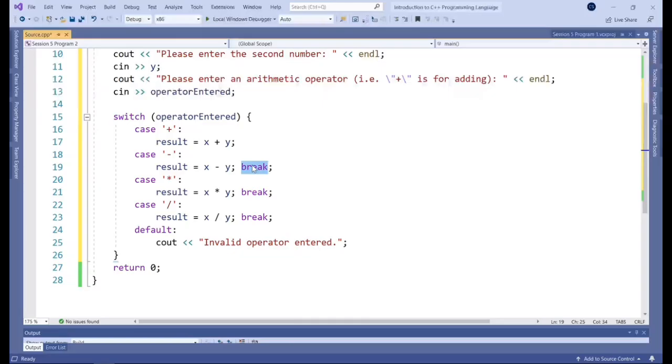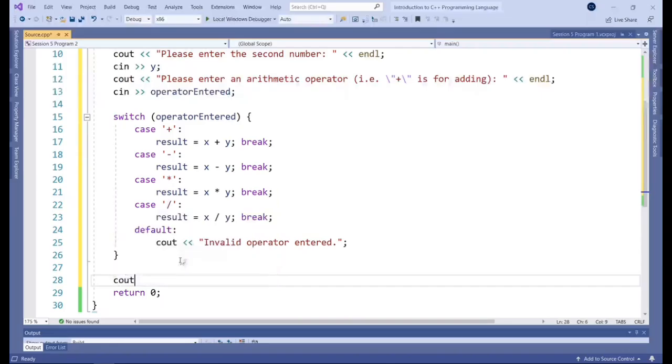It will stop here because there's a break clause, because otherwise, if that wasn't there, it would continue cascading downwards like a waterfall. That's really the best way that works for me in terms of visualizing it and remembering it. So if you can think of that waterfall or that cascading concept, it will help you remember that you need to be adding in the breaks.